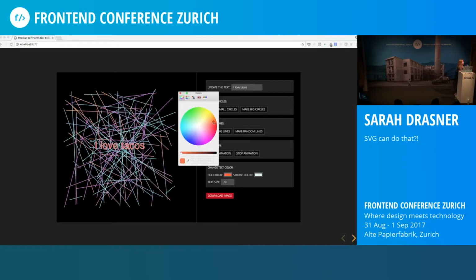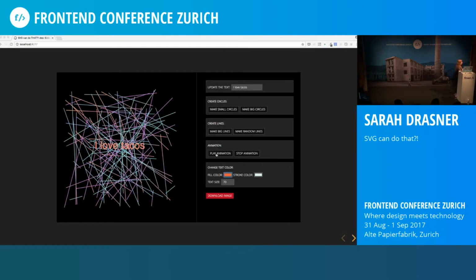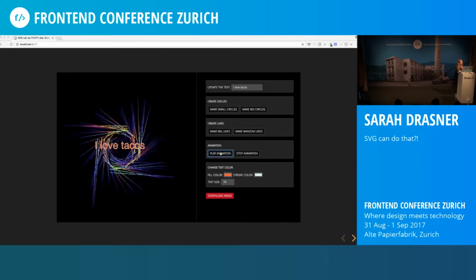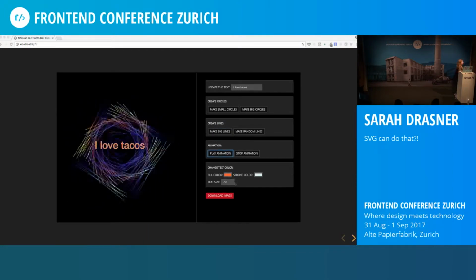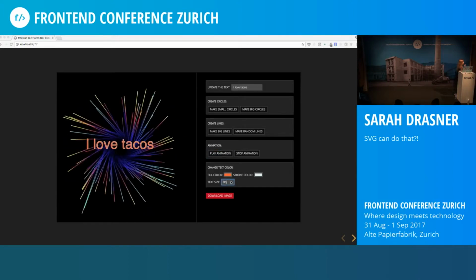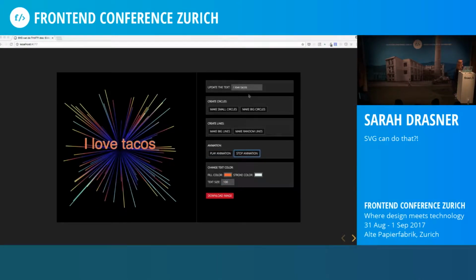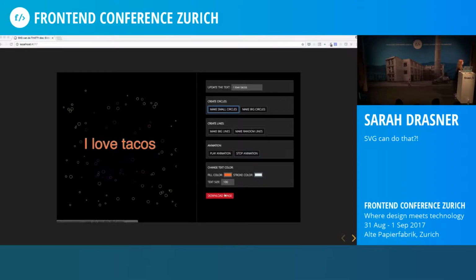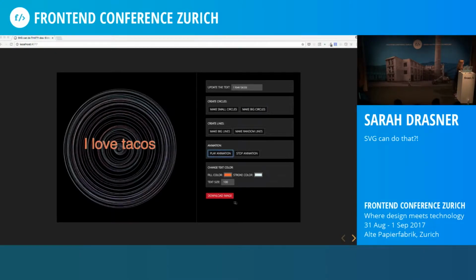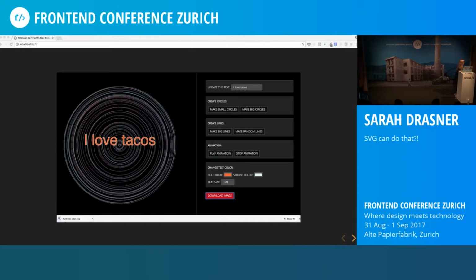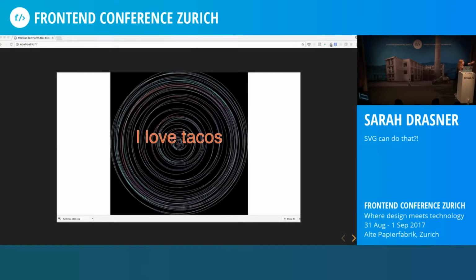We can have the user update the colors and really give that ability to update it back to the user. But it's still a graphics format. So even though we're updating it and we can change the animation, we can make small circles and big circles, we can also allow the user to download it. And while it's updating and animating, it's changing in position. If we open up that SVG graphic, it's respecting exactly where it was in that animation too. So that is really cool for being able to make things on the fly and give the power back